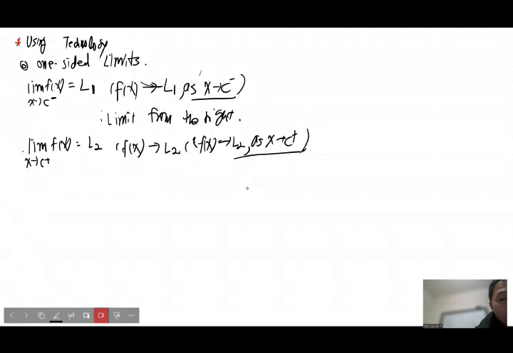So x actually approaches c from the positive direction. So that is called the limit